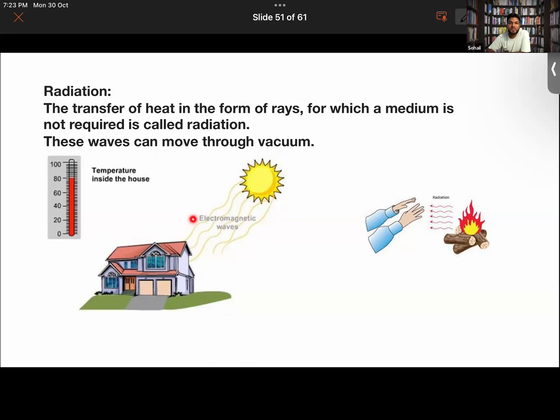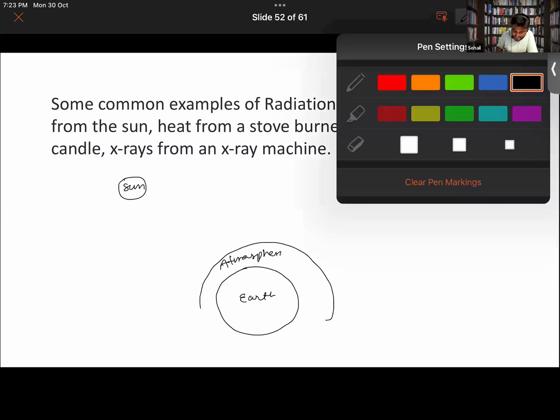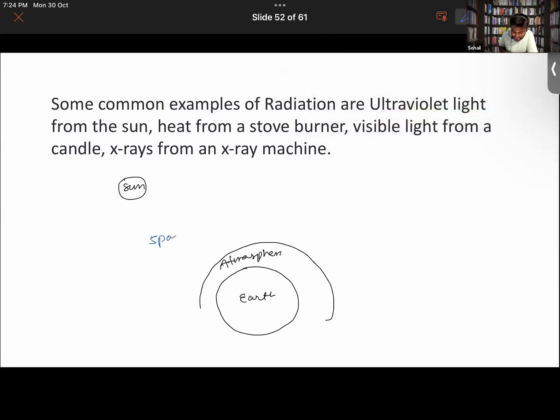Okay, now here, is there any kind of material medium? If I were to talk about a material medium, look over here. Say this is earth and 150 million kilometers away lies the sun. This is sun and this is earth, and our earth has a coat of layer that is simply the atmosphere, right? And beyond that lies emptiness, which we call space, which is basically vacuum, right now guys?